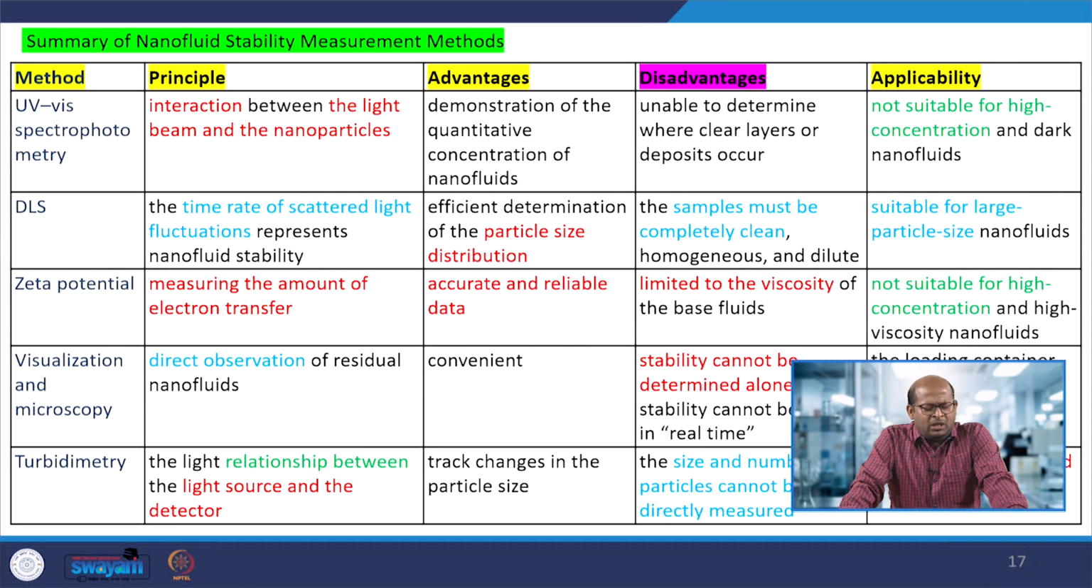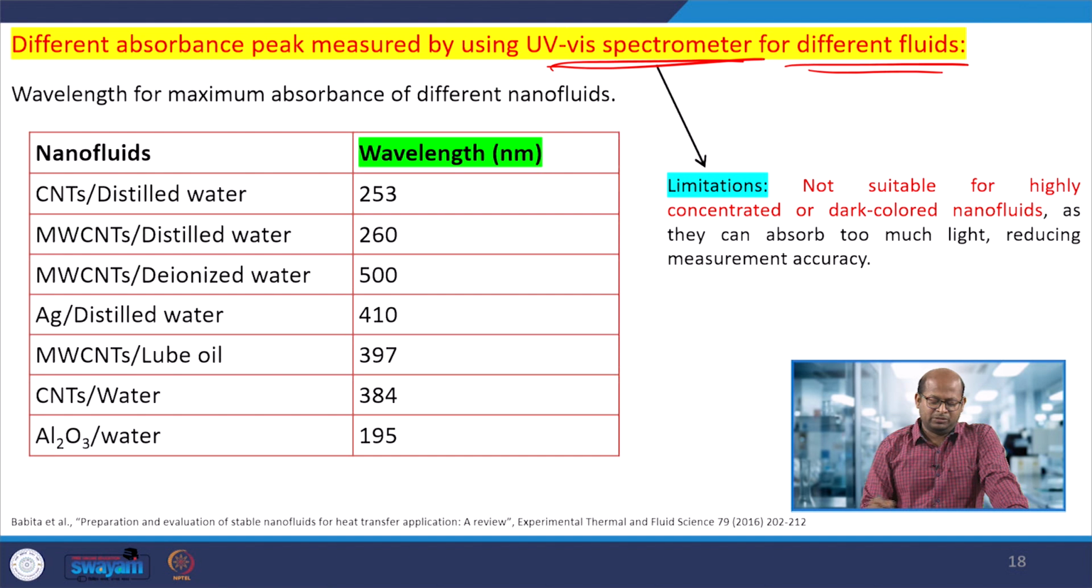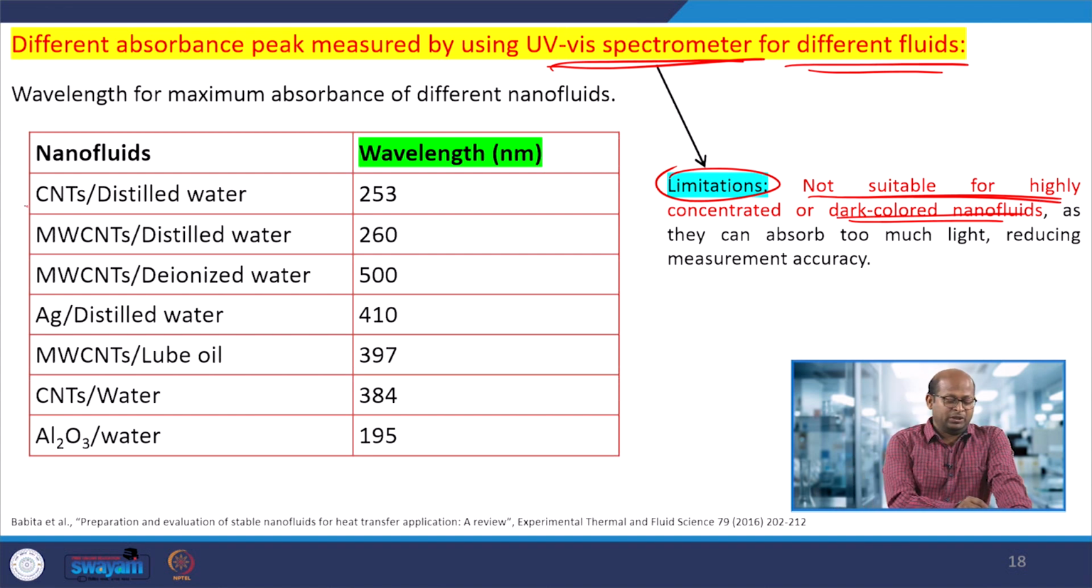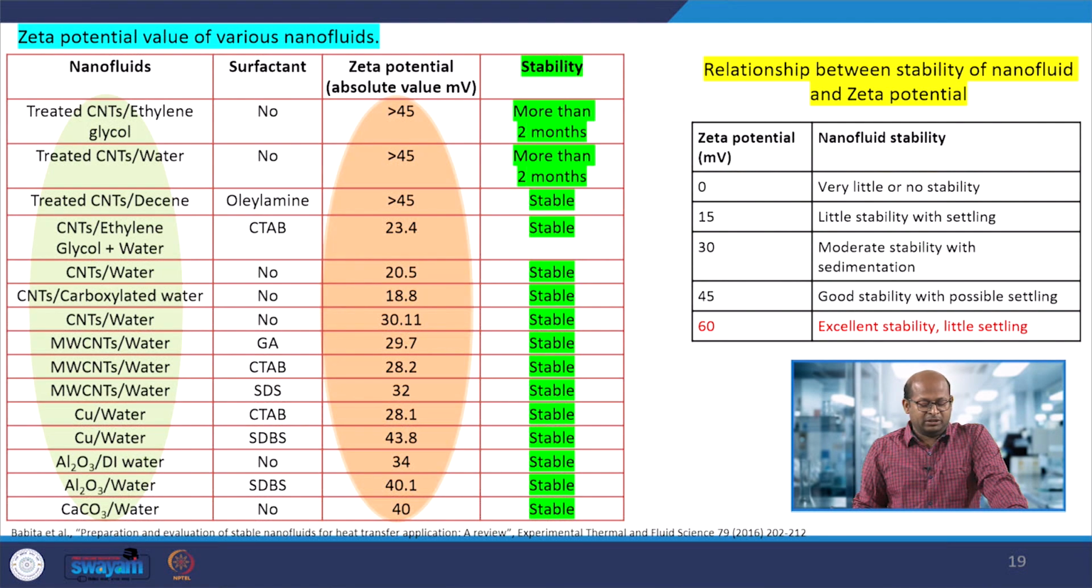Here, each method has some principles, advantages, disadvantages and applicability, which have been summarized. We have already discussed and summarized this here. Once UV spectrometer methods can be used to characterize the stability of the nanofluid, but there are some limitations in this method. We cannot use highly concentrated solutions, and we cannot use dark solutions. Depending upon the nanomaterials and base fluids,